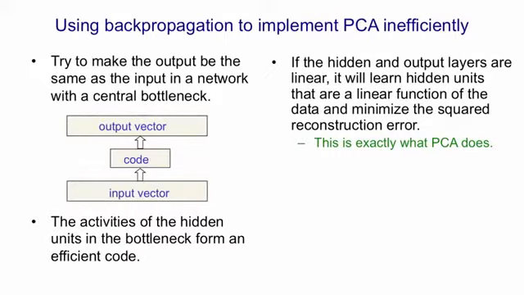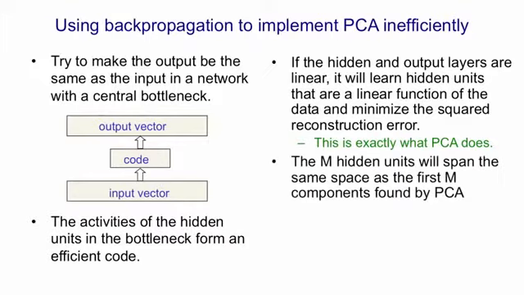It will get exactly the same reconstruction error as principal components analysis does, but it won't necessarily have hidden units that correspond exactly to the principal components. They will span the same space as the first n principal components, but they may be a rotation and skewing of those axes. So the incoming weight vectors of the code units, which are what represent the directions of the